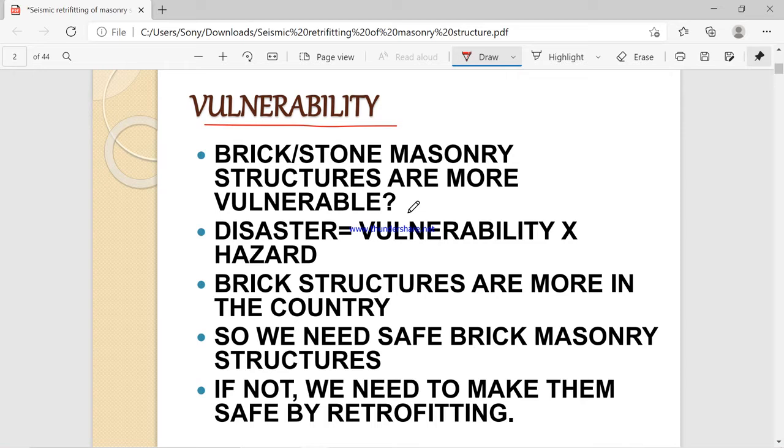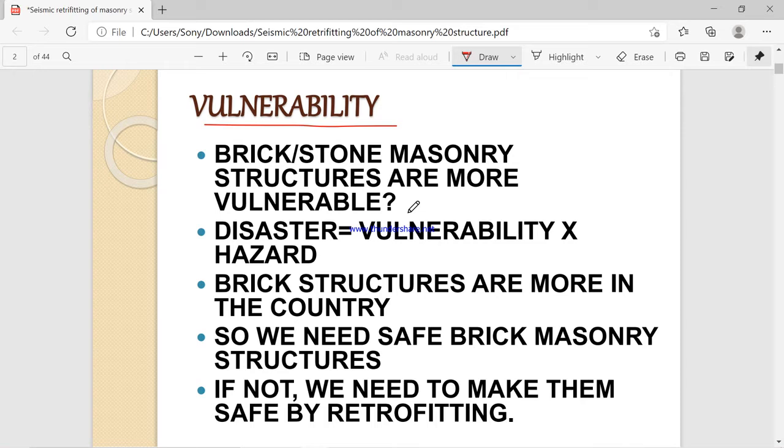Also, in order to enhance the earthquake resistance of masonry structures, we have to design and retrofit the brickwork in such a way that even in a moderate earthquake these masonry buildings can perform better.